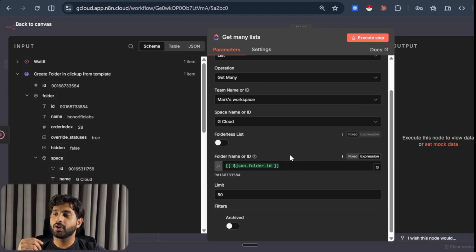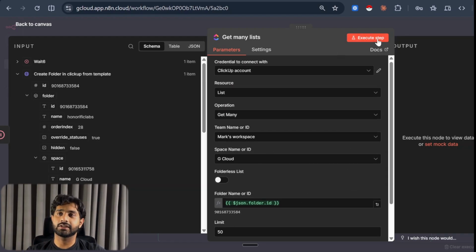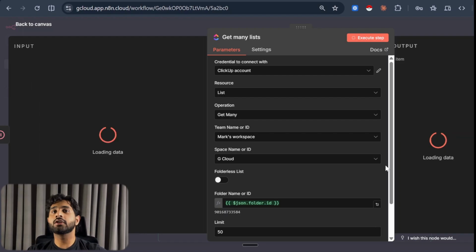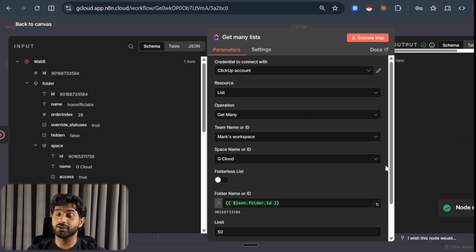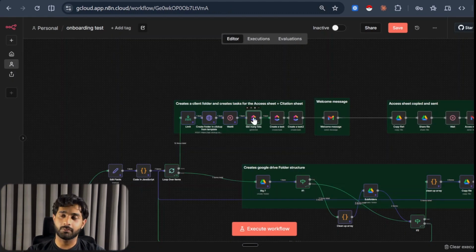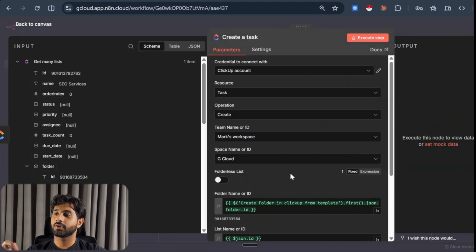Now once you do that, once you run it, you'll get the task ID. So once you get the task ID, you're good to go. That is all we need in order to create list ID. Once you get the list ID, you're good to go. That is all we need in order to create a task inside that specific list. Now once you do that, you'll just get that